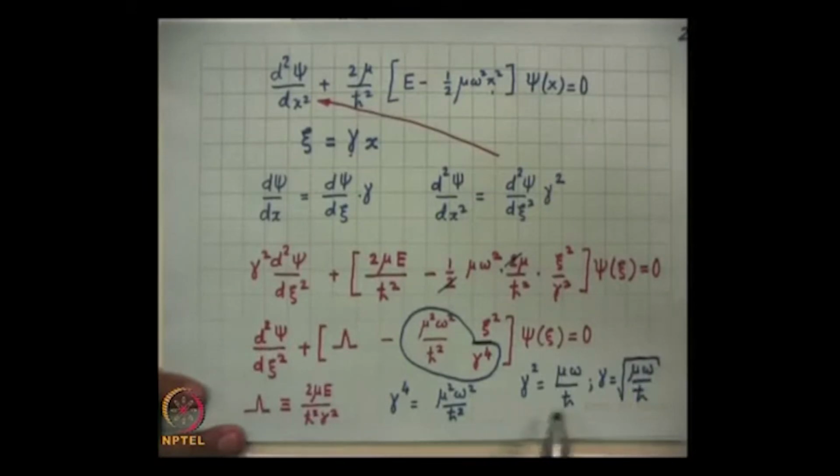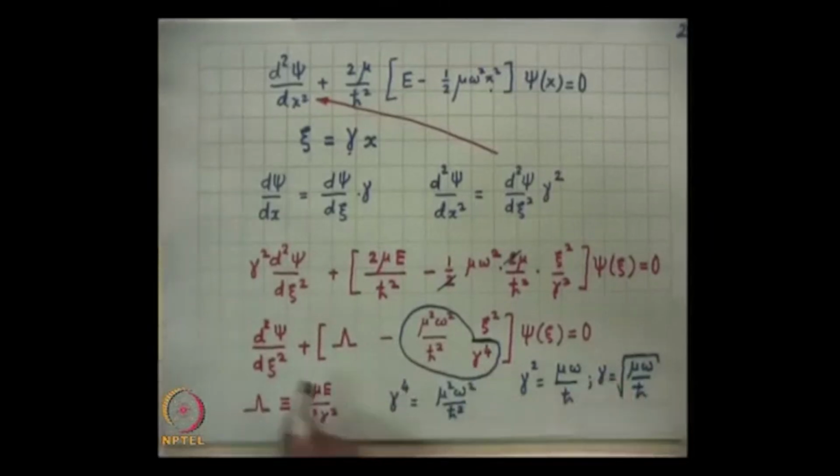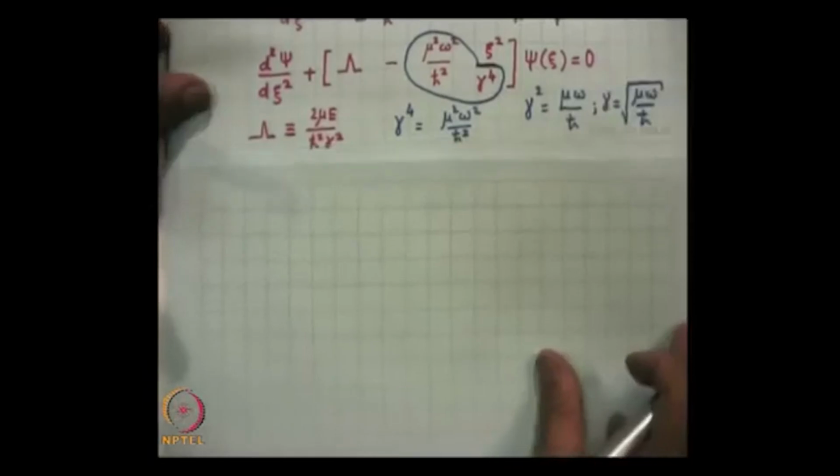So if I choose gamma equal to the square root of mu omega by h cross, then this quantity which I have encircled with blue becomes 1, and so the Schrodinger equation becomes